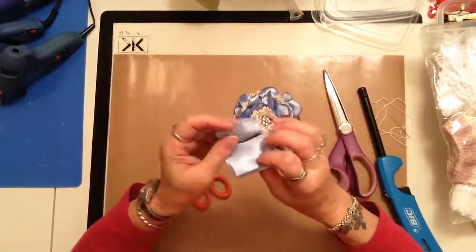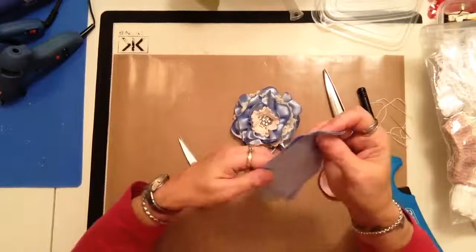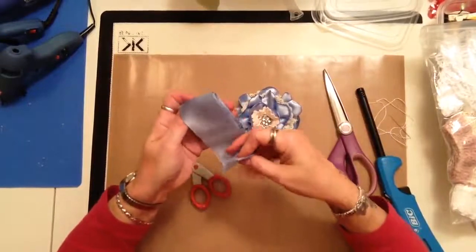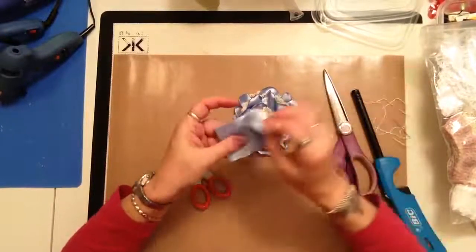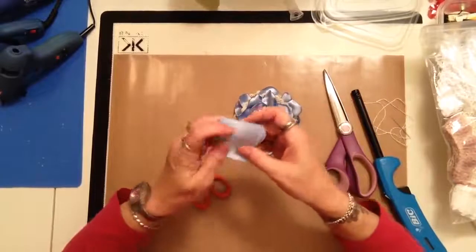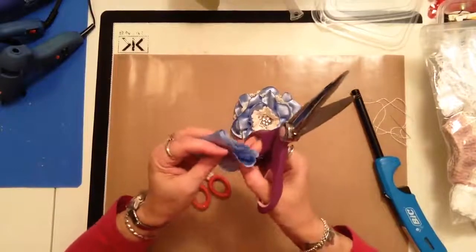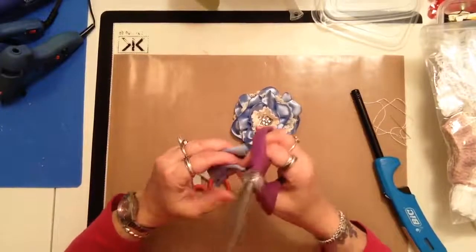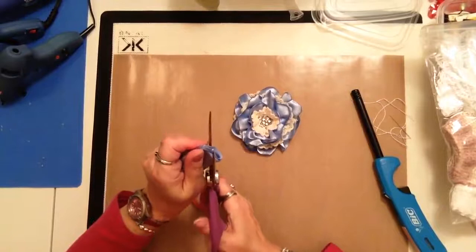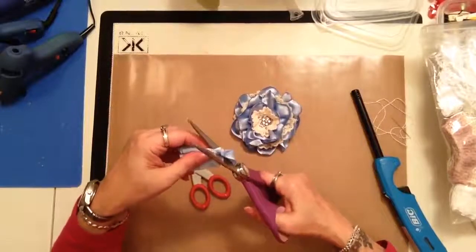I had this folded so that it was a little bit more in a square instead of an oblong, to get the petal shape a little bit more uniform. But you just fold it and then fold it again and again, and then cut your petal shape. Let's see if I can get it to cut. I don't know if my scissors will cut this thick or not, but we'll see. Just kind of cut this into a petal shape on the end,